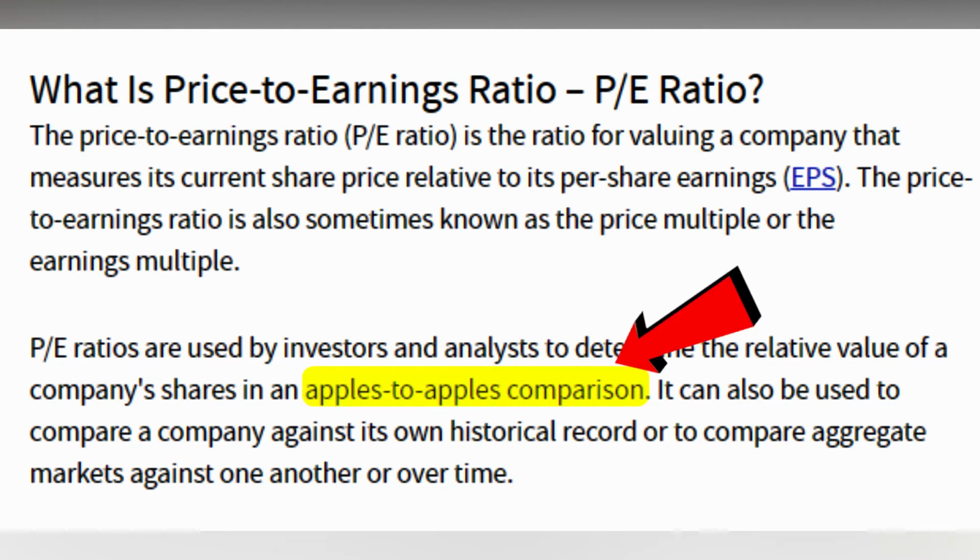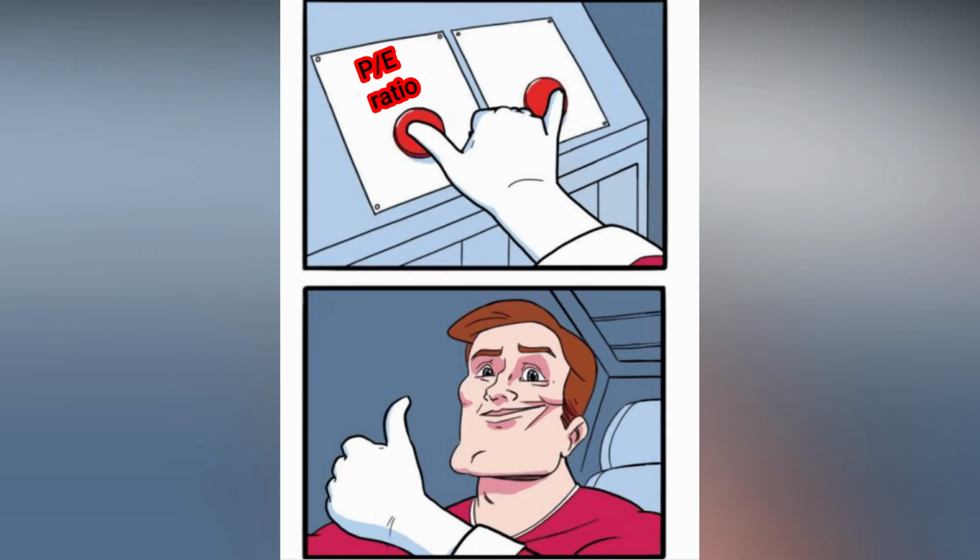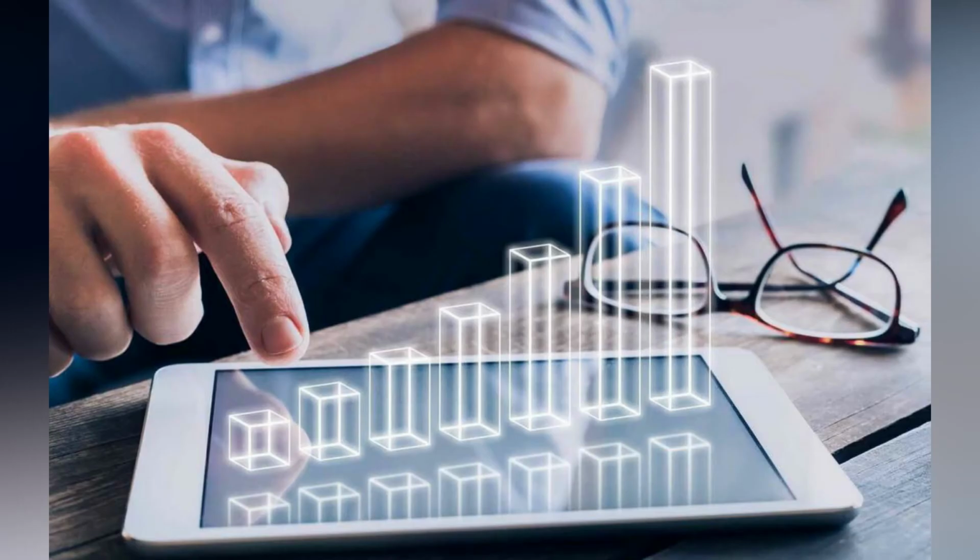The keyword here is apple-to-apple comparison, yeah? For instance, comparing SUBS and Tongguan's PE ratio, who are both in the plastic packaging industry. Besides PE, another method to calculate a company's valuation, and it's also one of my personal favorites, is the forward PE ratio. So a forward PE is derived when we want to determine the company's future valuation by forecasting its